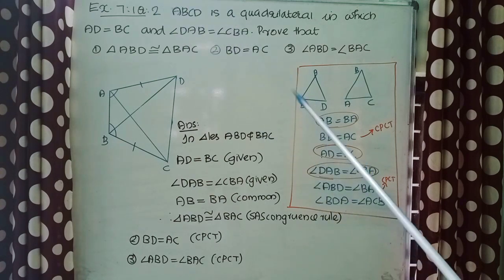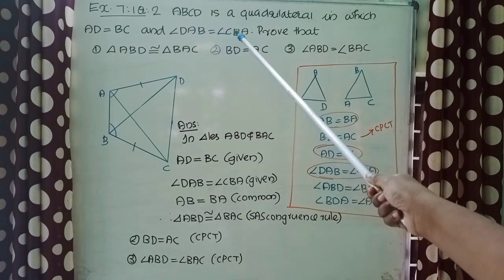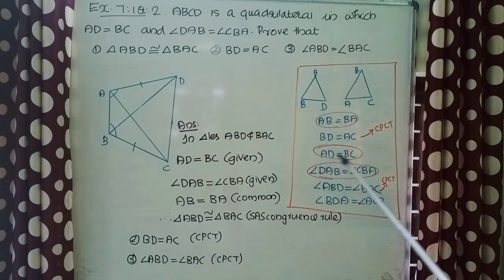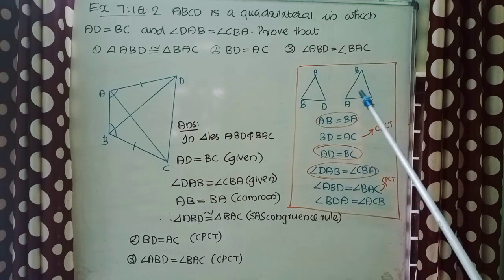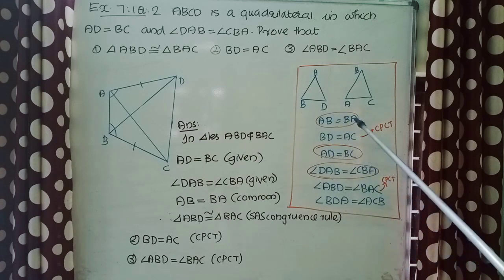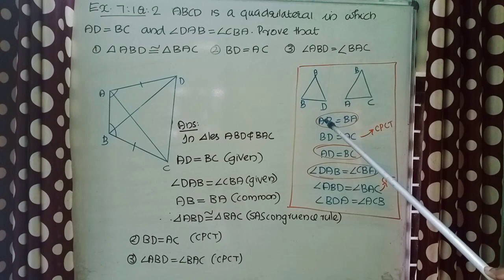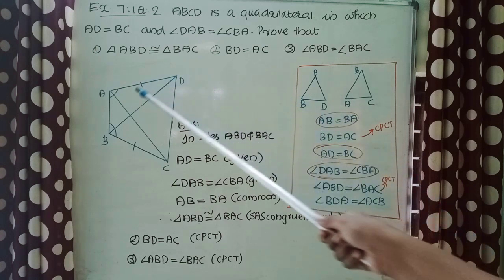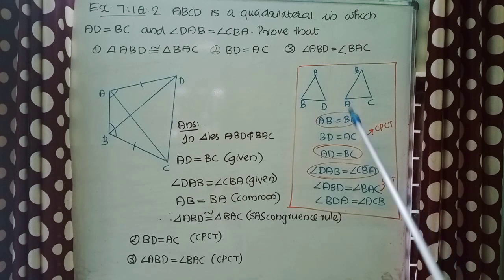You can see AD equal to BC is here also. So we got one equal condition. Second one is angle DAB equal to angle CBA. It is also here. So we have got one more equal condition. So two equal conditions we got. We need one more. So going through these corresponding parts, here you can see two sides with the same name. That means they are the same side in the figure. So that one also we can select. Now we have got three equal corresponding parts.